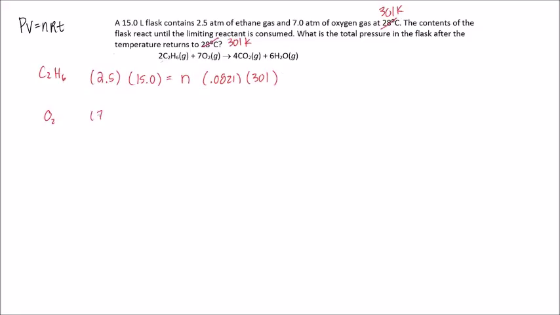Now let's set up the same equation down here. The only difference is you see 7.0 atm instead of 2.5. So we get the same thing, equals n times 0.0821. So that's just using PV equals nRT to find the number of moles of reactants. I went ahead and did the math and found that the number of moles of ethane is 1.517 moles of C2H6, and the number of moles for O2 is